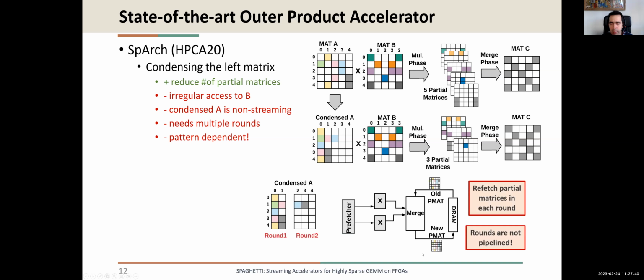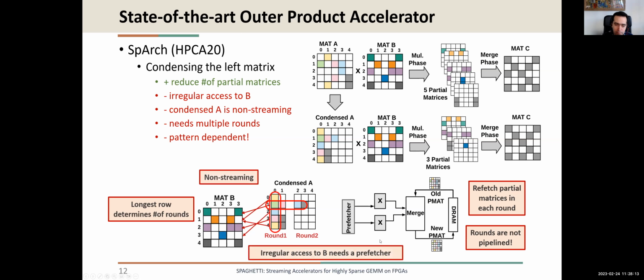But the problem is that, let's say if I have only 2 multipliers, when I condense it to the left, the number of rounds of doing the whole operation still depends on the longest row. Let's say I have a sparse matrix, but it has only 1 row which is fully dense. So in that case, I cannot decrease the number of rounds of operations.